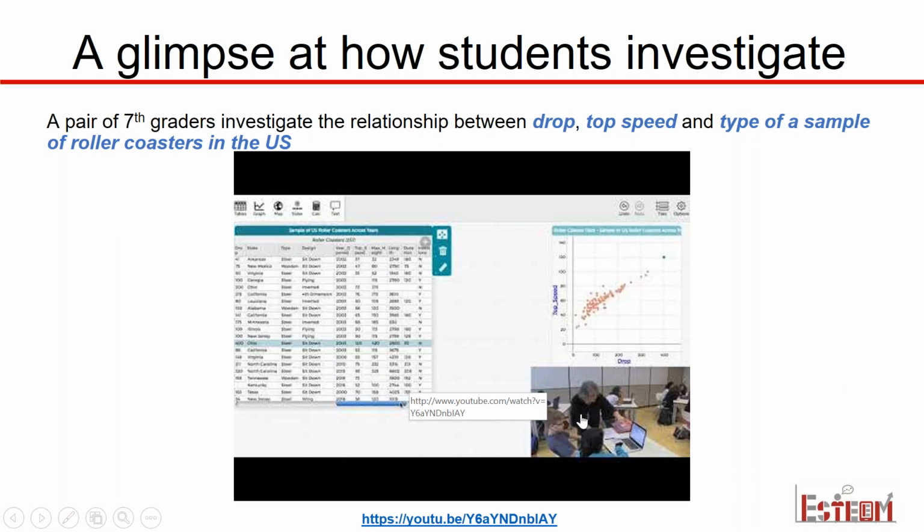In this video, this is the first time these students have ever looked at bivariate data in a graphical form. And it's a nice example of how they use particular data points. You can see that the student has 1 point selected that they chose to select because they were curious about it.